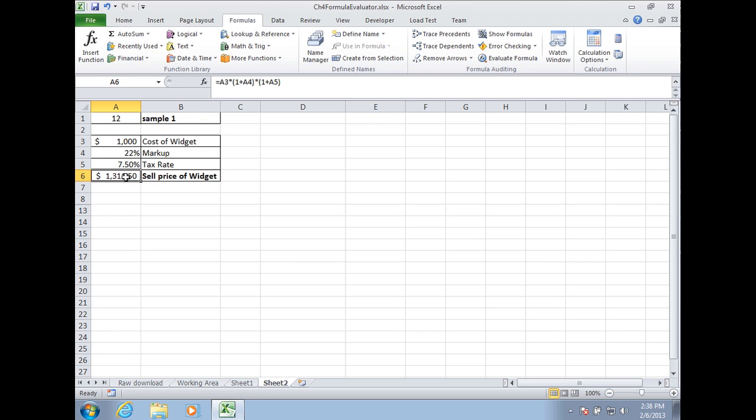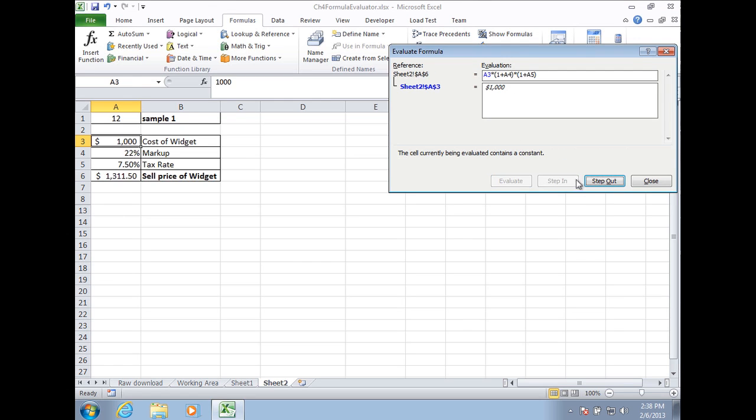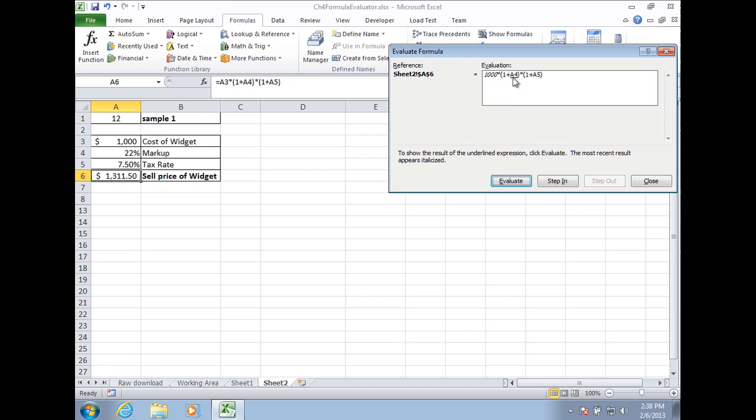So now I think that's the right price. So I'm taking 1,220, adding 7.5% to it, and coming up with the right answer of $1,311.50. And if I want to step through it again, I can say, okay, 1,000 times 1 plus the markup,